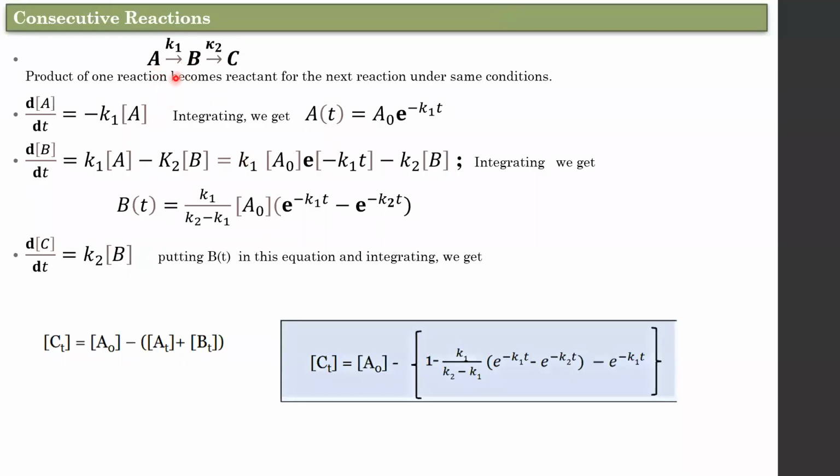Similarly, the mechanism for the consecutive reactions is very easy. First, write the rate equation for the concentration of A. By integrating it, you will get the concentration of A at any time. By substituting the concentration of A in the second equation, the unknown A is revealed, and by integrating again, you will obtain this equation. Substitute the concentration of B in this, integrate again, and you will get the final expression for the concentration of C as follows. You must remember the formula to use directly in the problems.